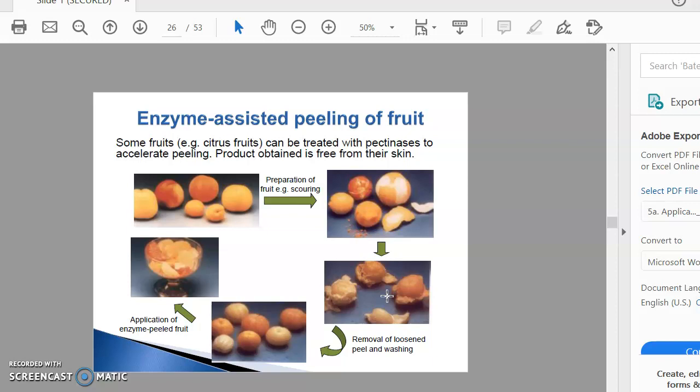So we finish this one. For example, we can also use pectinase to peel the fruits because it can reduce or digest